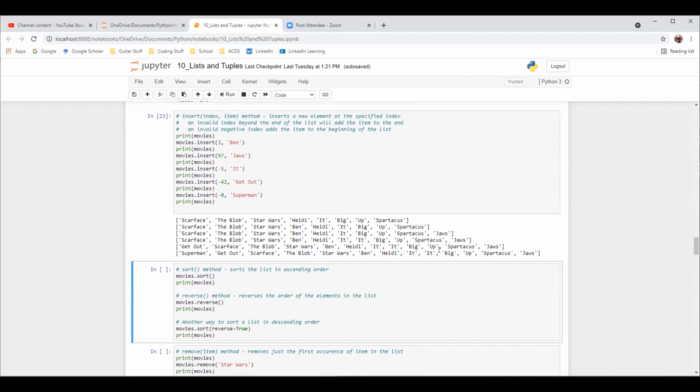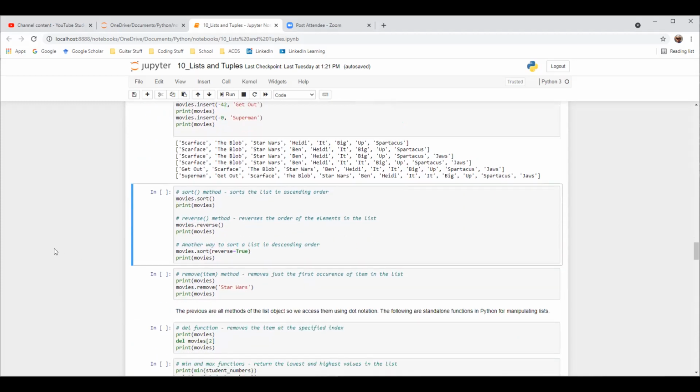And then here's another method that doesn't take a parameter, or there's no mandatory parameter, but it will sort the list, and then it actually changes the data. It doesn't just display the sorted value. It actually sorts the list. So we'll run this, and then reverse does the opposite. Reverses all elements. And because there's always more than one way to skin a cat, if you sort and say reverse equals true, it reverses it. So we'll see